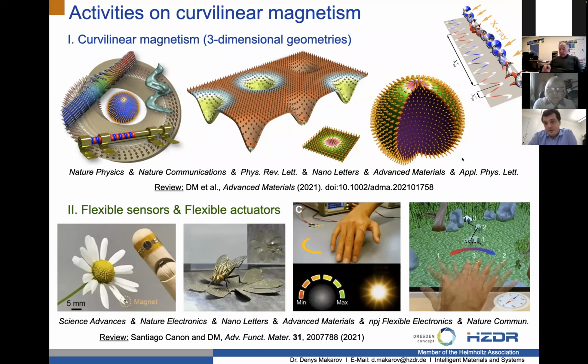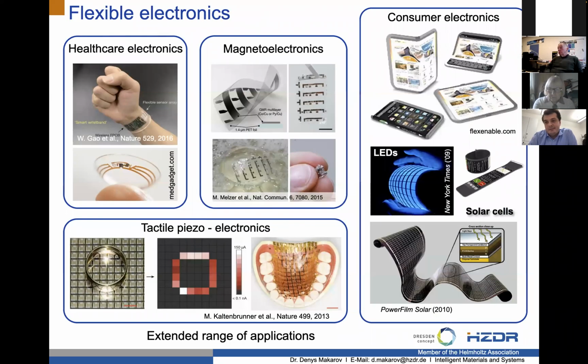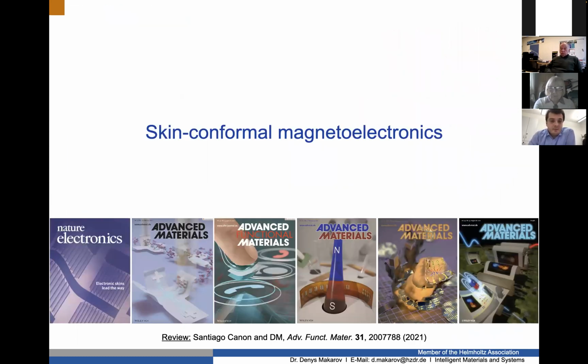So basically, if you have a geometrically curved magnetic thin film, obviously you can make it curved, put it on skin or integrate it in textile. And in this case, you address questions of the community which is working in the field of flexible electronics. We work on healthcare, so we basically implant such flexible devices, consumer electronics. But here I will primarily focus on magnetic field sensors, which are geometrically curved. So let's talk about skin conformal magnetoelectronics, how to fabricate, what are the application examples, and at the end I will tell you why I actually explain this during the talk about the memory of